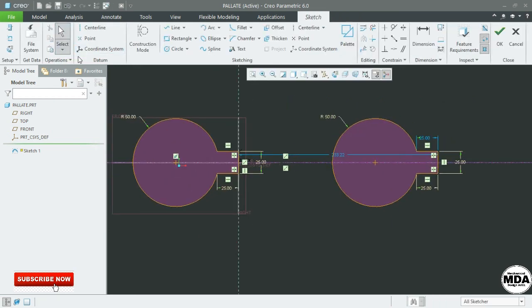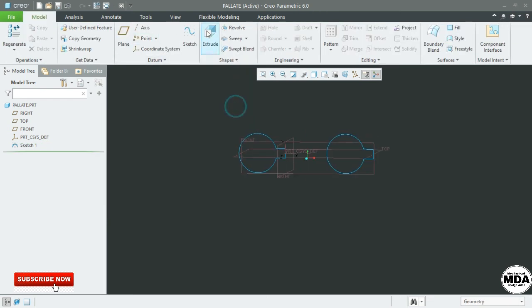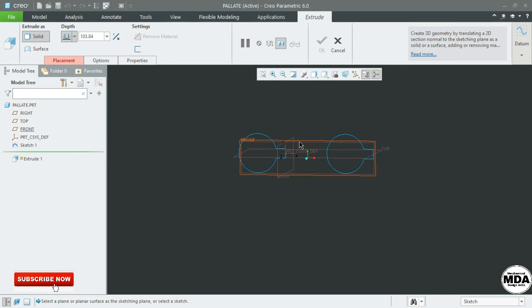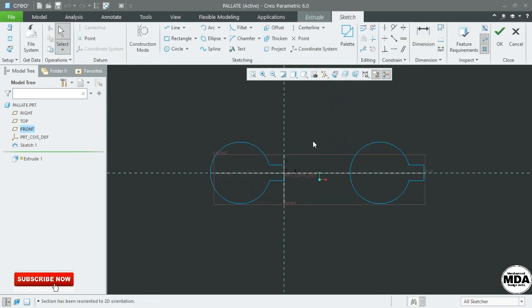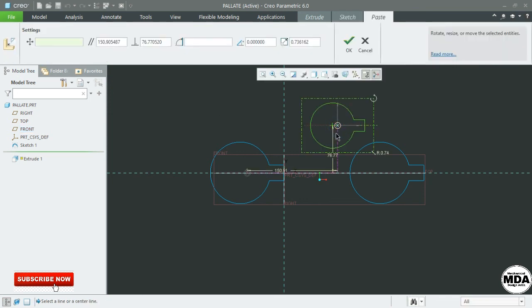Suppose I want the geometry in a next feature, so I am creating a new feature here, selecting the front plane, and sketch view. Here also you can paste the sketch like this, because we already copied this sketch. Here you only have to paste the sketch.